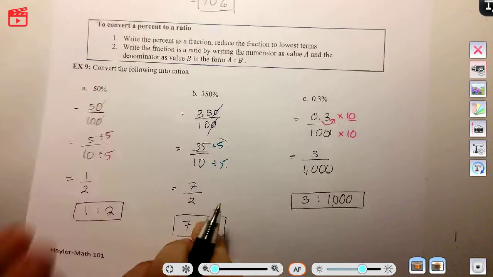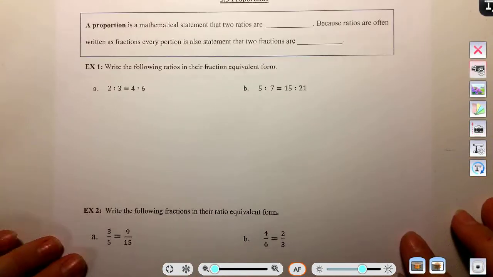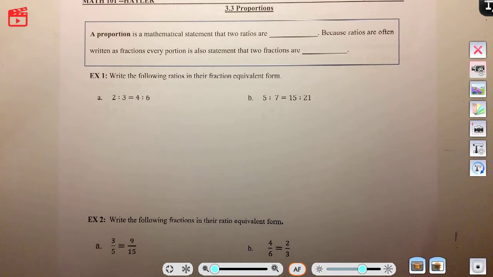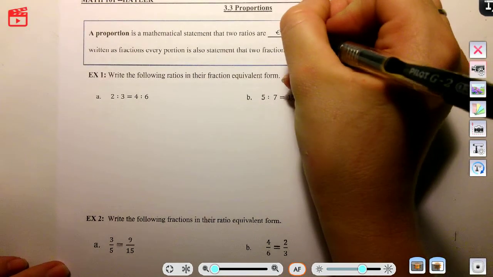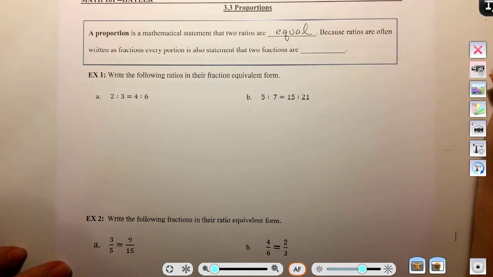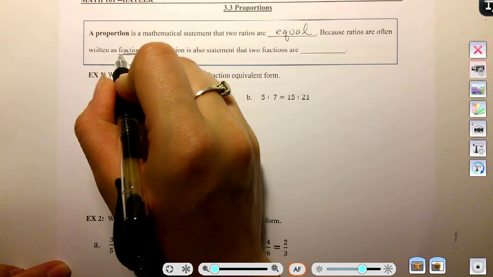Okay, page 6. We're on our way, folks. 3.3, proportions. A proportion is a mathematical statement that 2 ratios are equal. Because ratios are often written as fractions, okay, we've been doing that. We've been converting